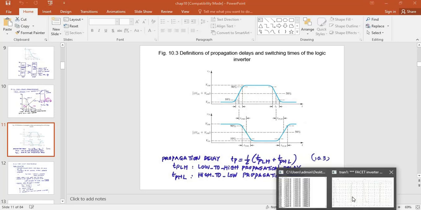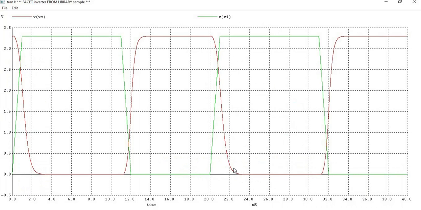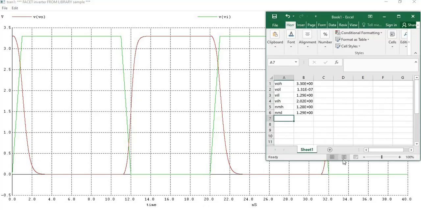So going back to the simulation, how can we do that? From your output waveform, that is the red. Since this is the transition from high to low, we will be able to get at this point the difference of our Vout and Vin, that would be TPHL. Let us just type it in on our Excel worksheet.